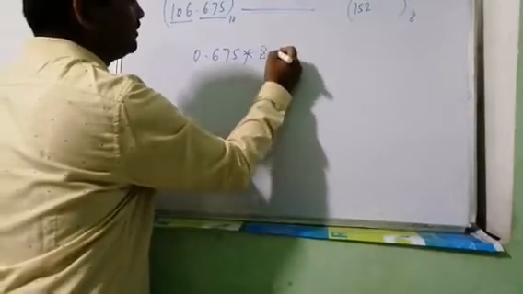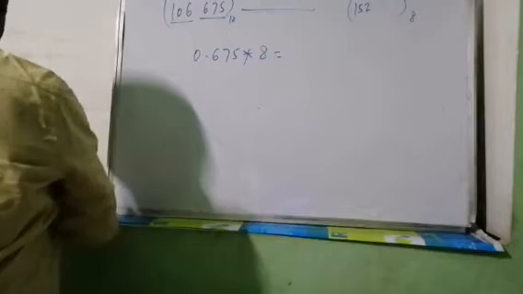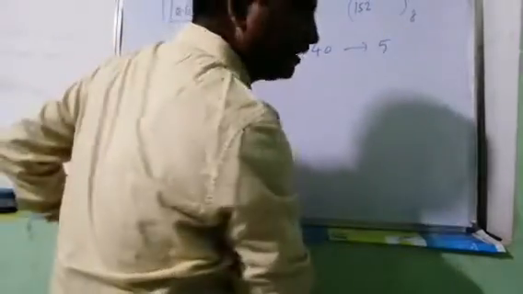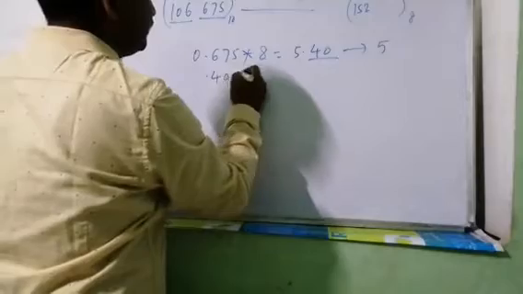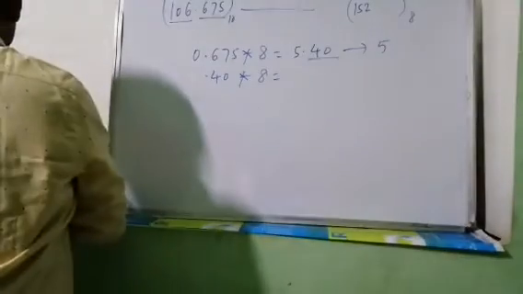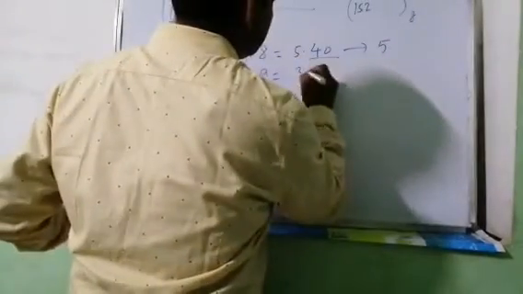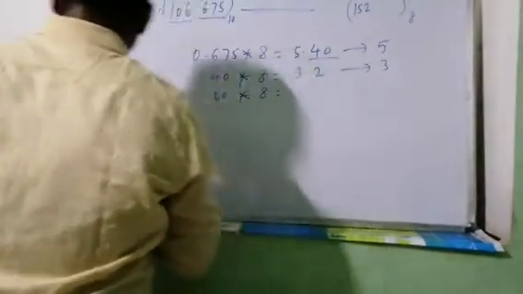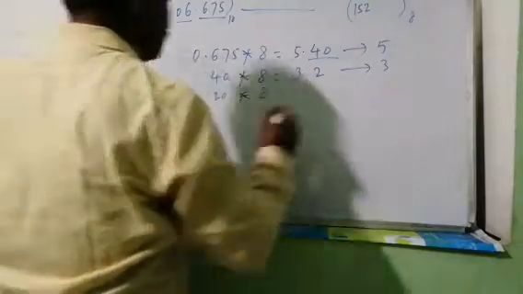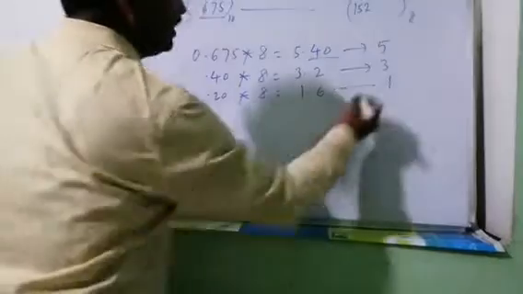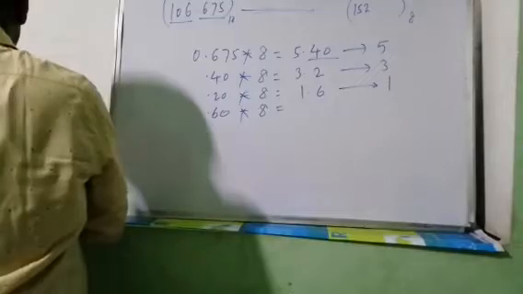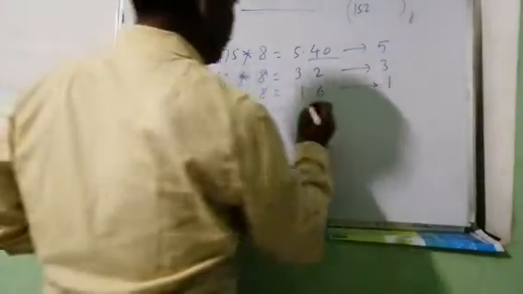0.675 into 8 equals 5.40. In this, 5 is the integer part, 40 we have to write here into 8. 3.2, 3 is the integer part, 0.20 into 8. 1.6, 1 is the integer part, 0.60 into 8, 1.2, 4.8,